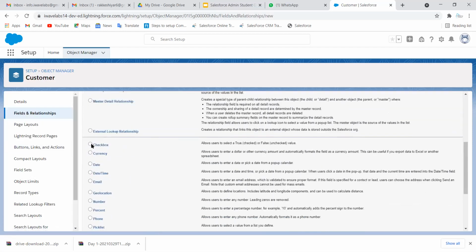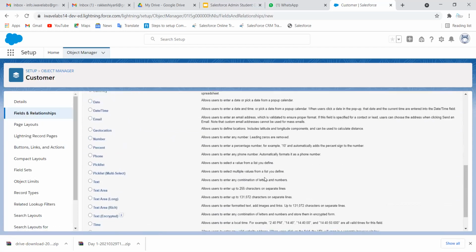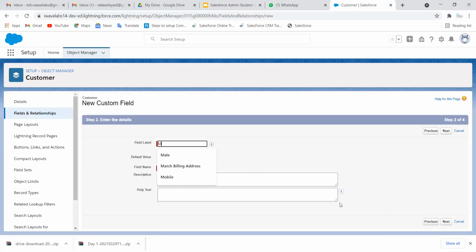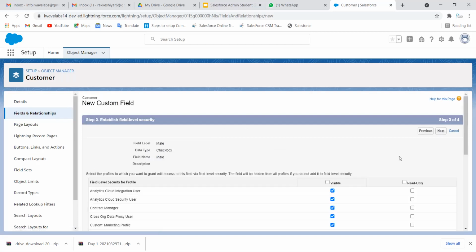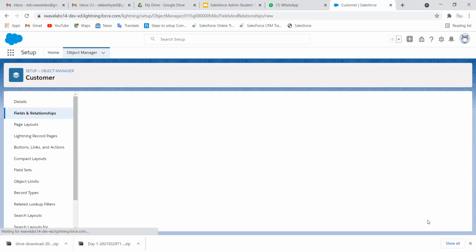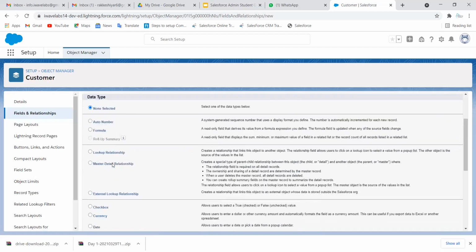Then gender, select checkbox, click on next. I'm going to select male. So by default, we check male and click on next button. Visible to all profile, click on next, save and new. Then again, I'm going to create a checkbox.